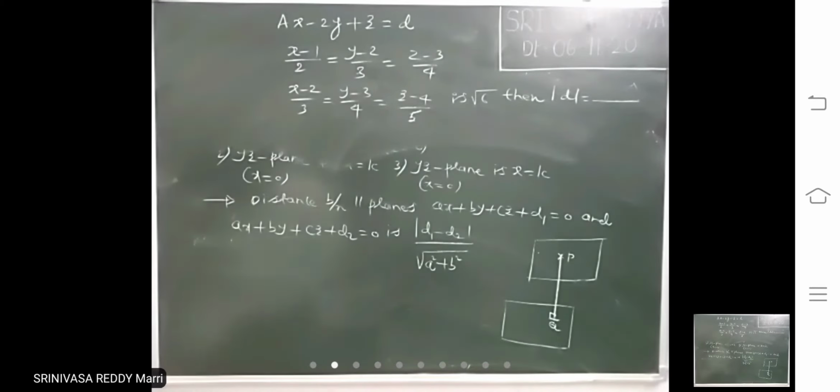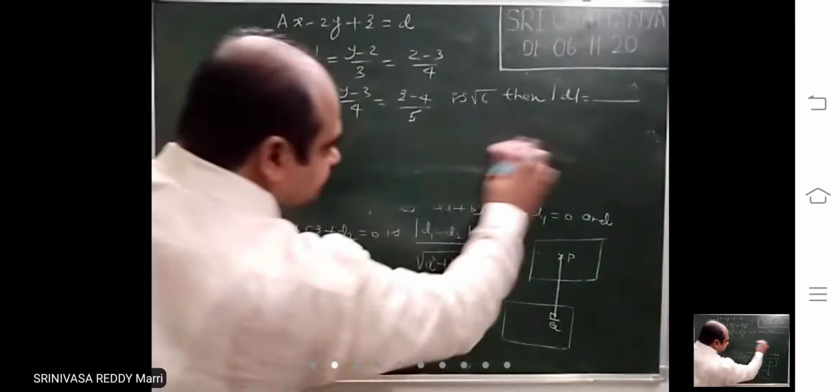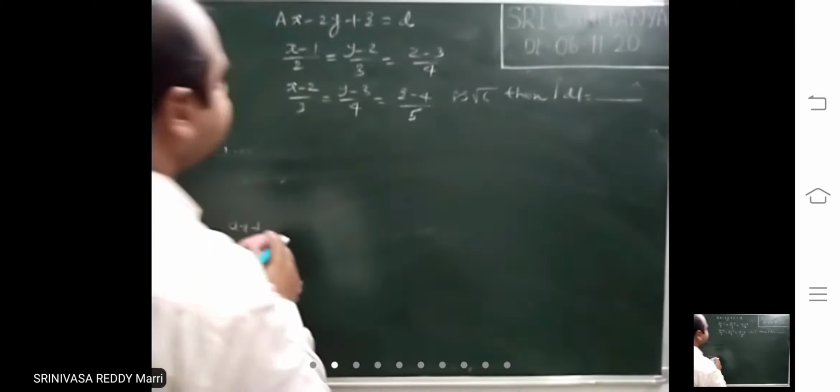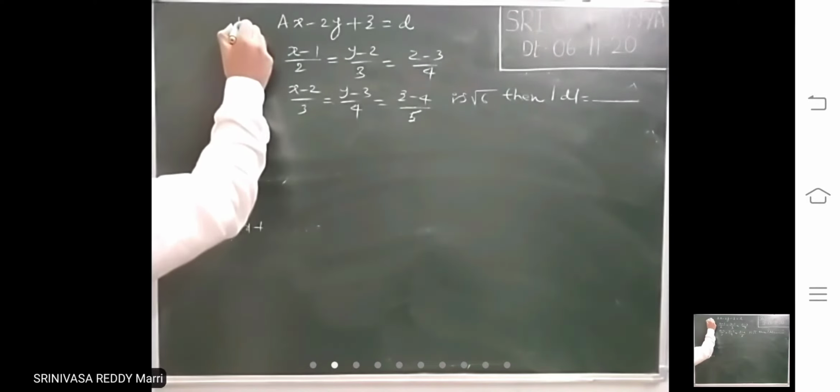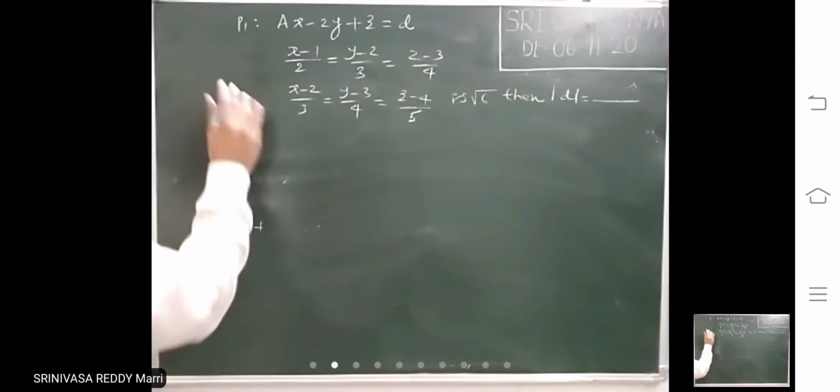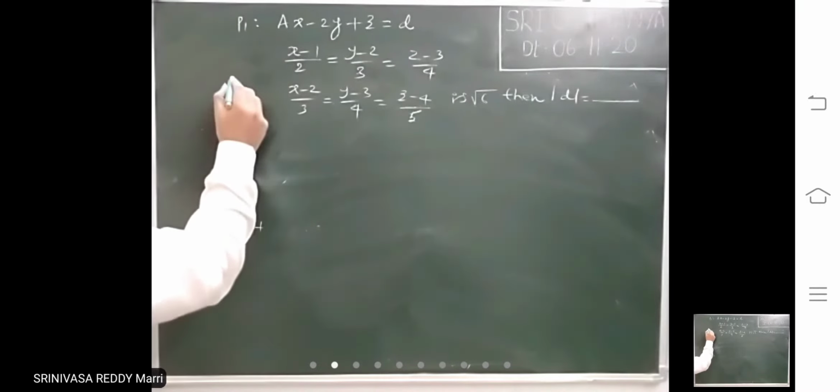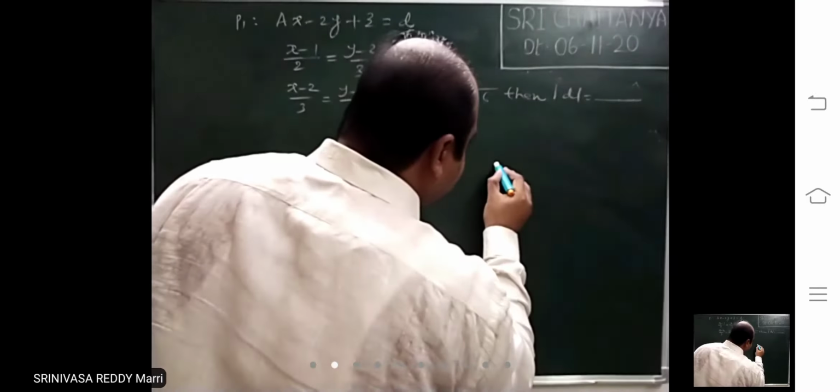Look at this problem. There is one plane, right? So let us say the given plane is plane 1 and the required plane is plane 2. I am drawing the required plane that you have to find out, and then the distance between them is given. Required plane, let us say P2, this is L1, this is L2.